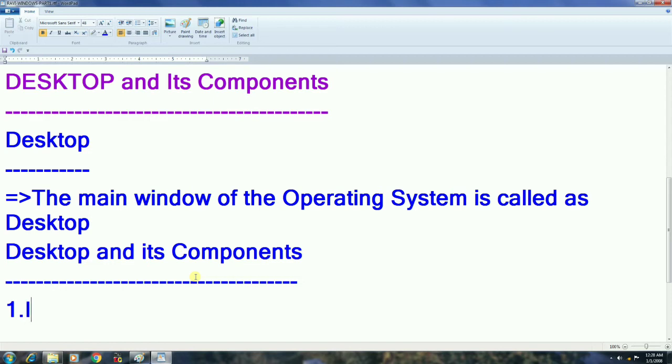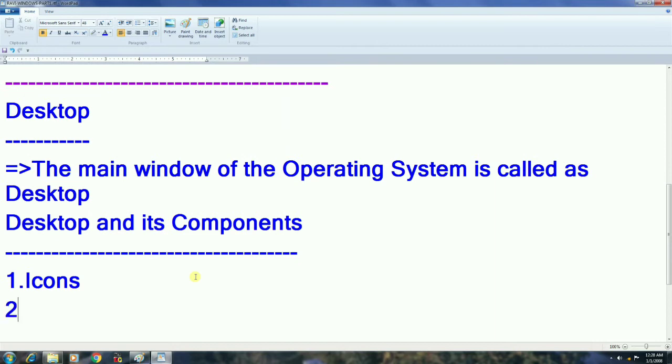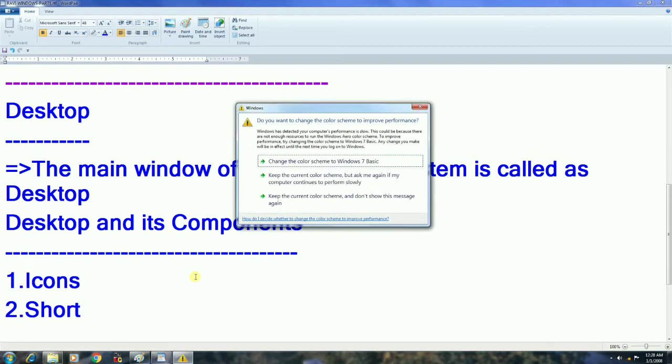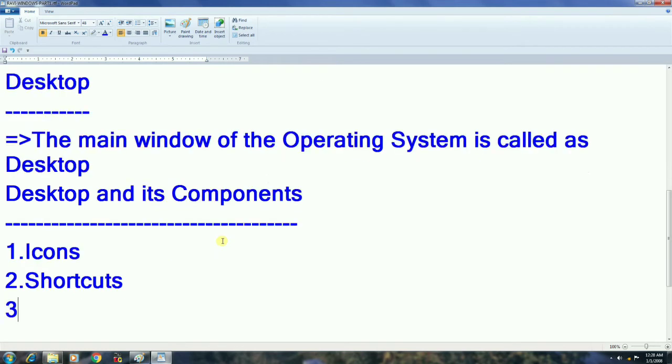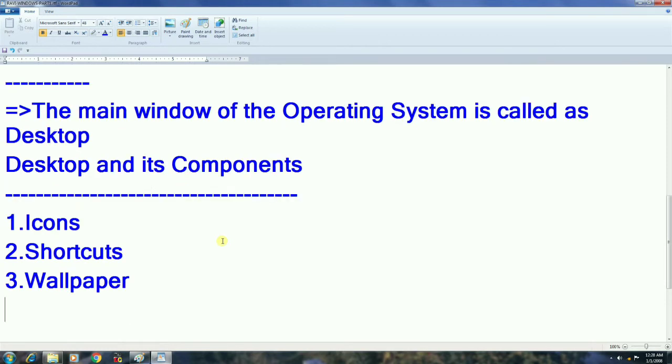The first component I am writing is icons. First let me write the list, then I will explain the list one by one. Icons, for example shortcuts, wallpaper. All these are desktop family members. We are learning one by one. Wallpaper.